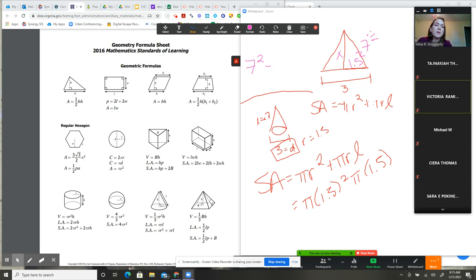I've got the hypotenuse and the short leg. So once you do that, 7 squared minus 1.5 squared, and then take the square root of that. You get